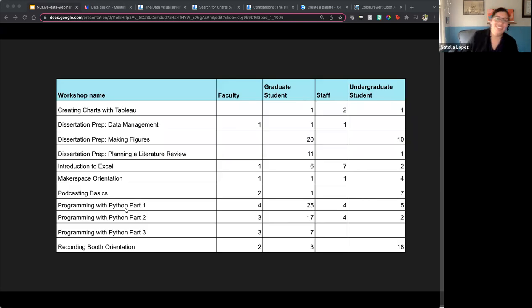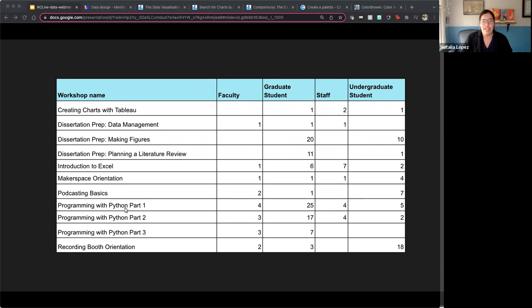Okay, so let's go ahead and get started. What you're going to see in the slides today is what we describe as a summary table. It's a table with data. This is fictitious data that we created for this session, and it lists a series of workshops and attendance based